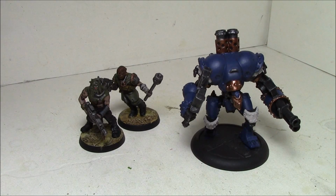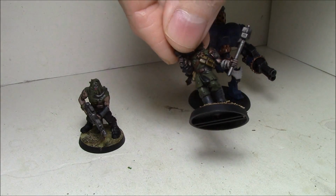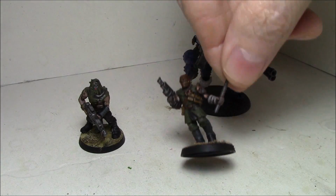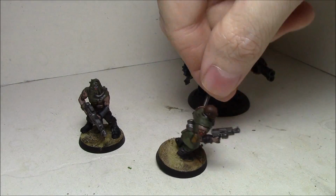There's no detail, there's no depth to the model. It almost looks like a crayon cartoon instead of an actual physical model on the table. And that's really where the wash comes in. By adding the wash to it, it mutes the colors. It helps blend the colors together, and it provides that shadowing